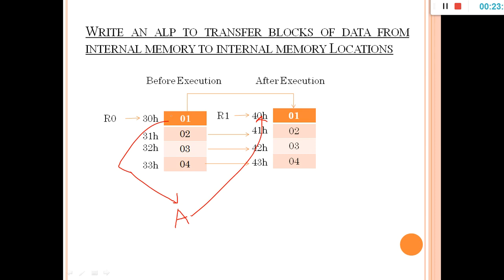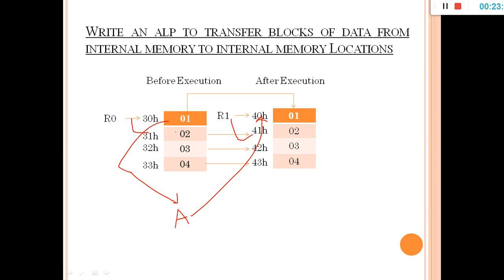After that I will fetch the data which is present in 30, that is MOV A, @R0. The content of the 30th location where R0 is pointing is going to be moved to the accumulator, then from the accumulator to 40h. After this you have to fetch the second data which is present in 31. So before fetching the second data, you have to increment R0 by 1 and increment R1 by 1. By writing INC R0, INC R1, the incrementing is going to happen. So now R0 is pointing to 31, and R1 is pointing to 41.